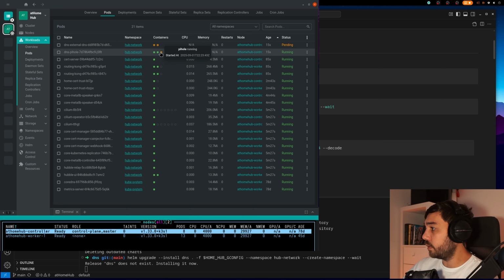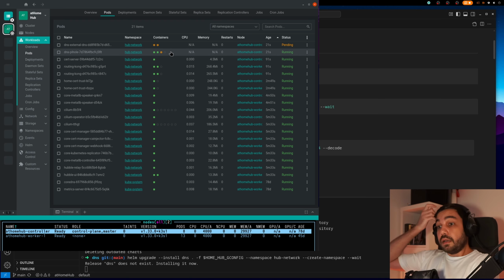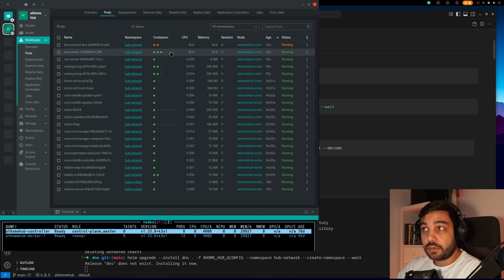We can see Pi-hole is here. We have a few containers with Pi-hole. Basically, the DNS server is running with Unbound as well, which is some kind of DNS server that can basically serve as an upstream DNS for Pi-hole, so you don't need to use the Google DNS or